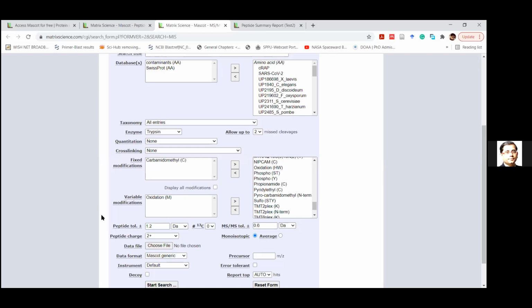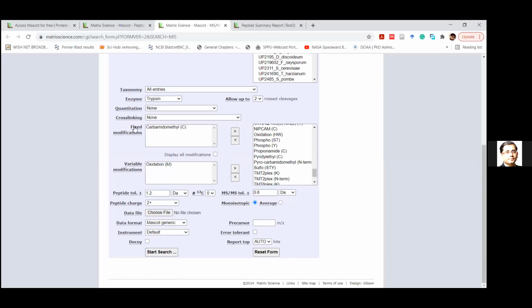We cannot be too stringent on this, neither too loose. So for the modification step, we have to be sure and then put it, if it is there, otherwise we might end up getting wrong results. Similarly, for the enzyme part, we also have to be sure about it and put the correct one. That's it.